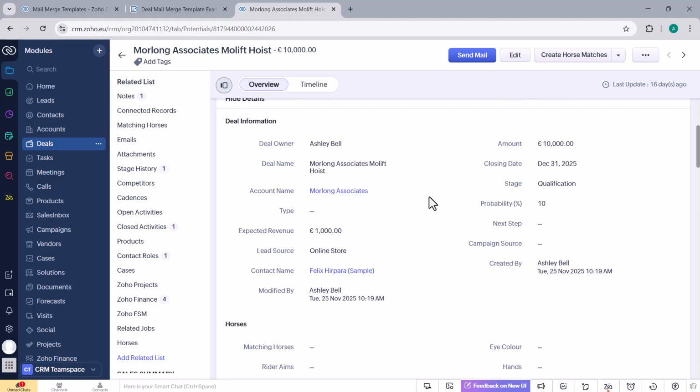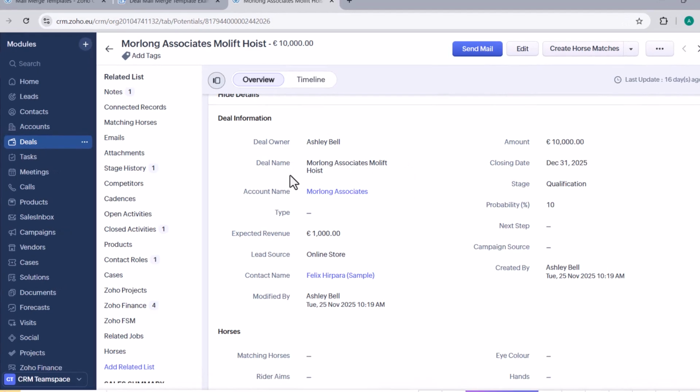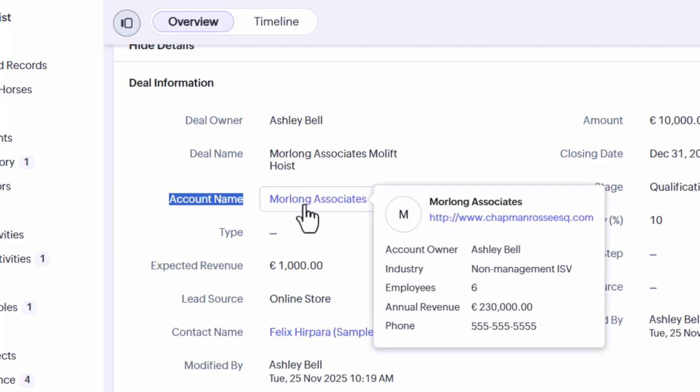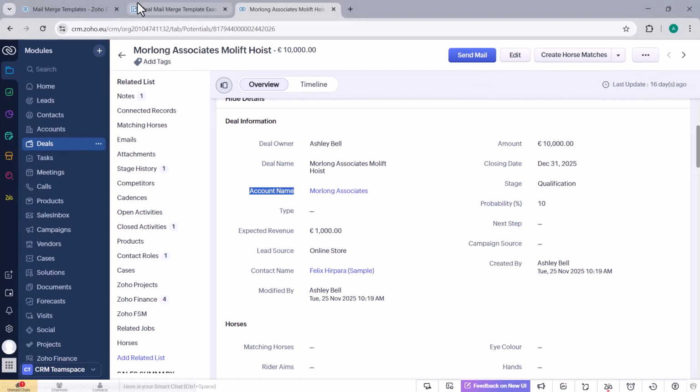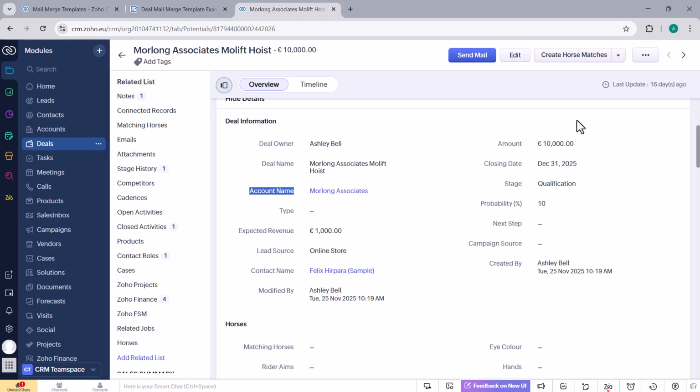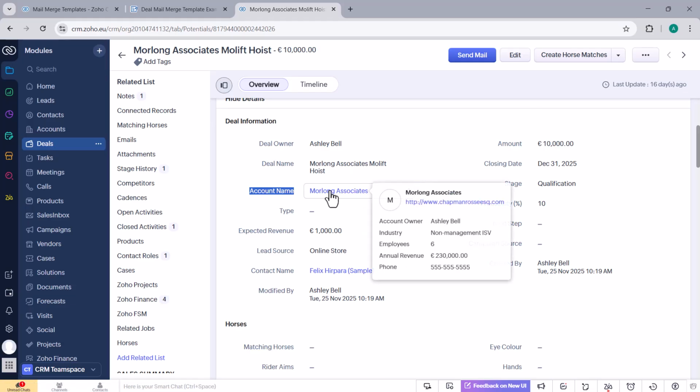Anytime we've got a lookup field, that is what is going to allow us to add information from other modules into our mail merge template. So the system knows that there's an account name field, which is a lookup to the account records. So that means that when a mail merge is generated from this document, the mail merge has access to go through that link and pull information back about that